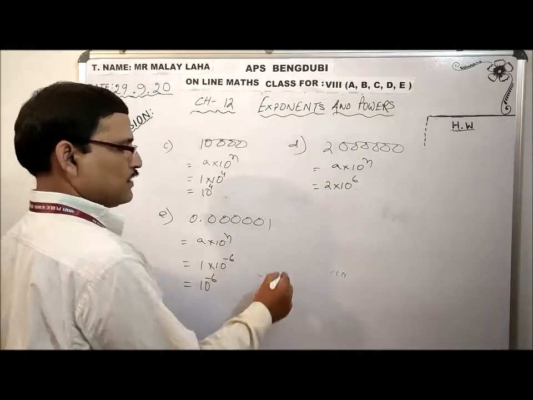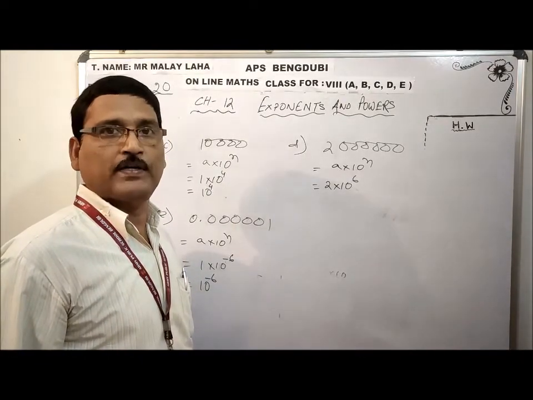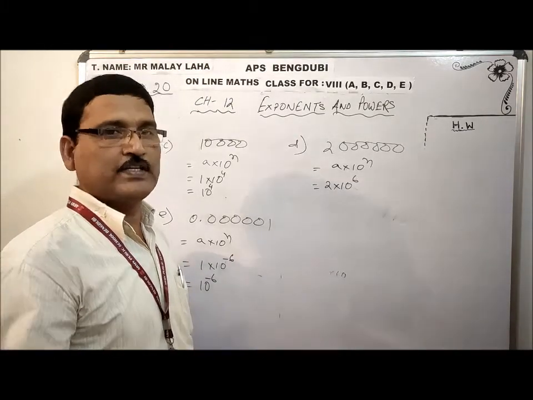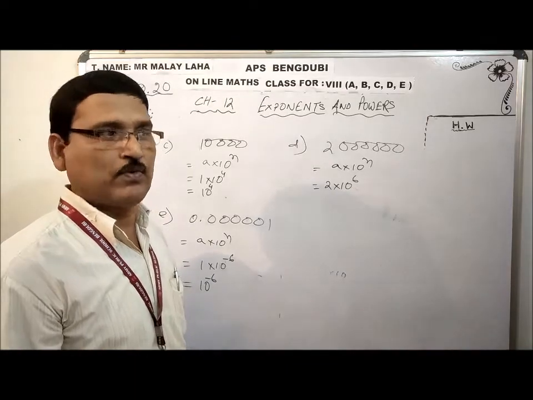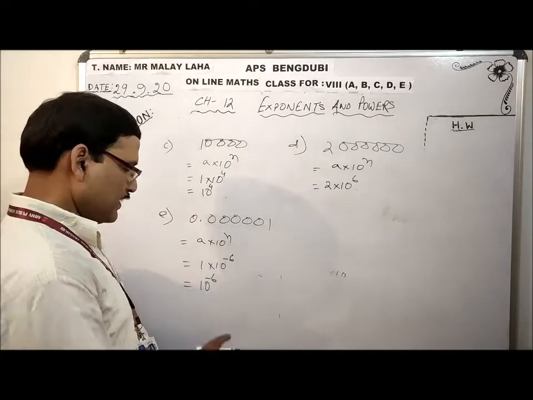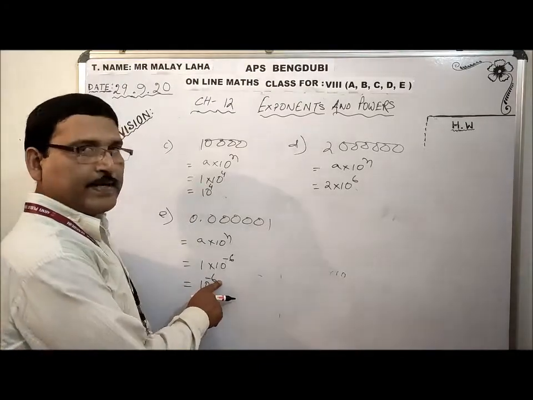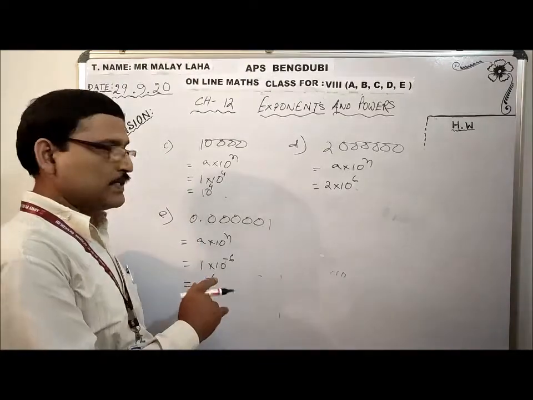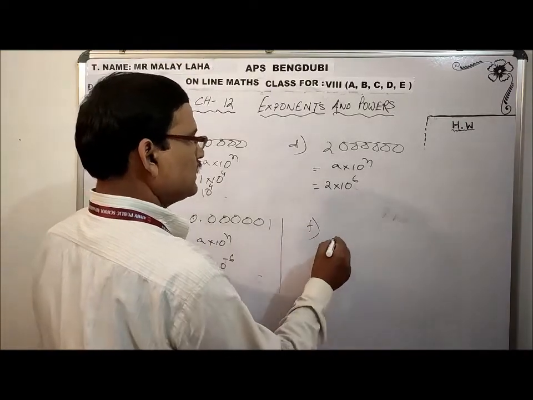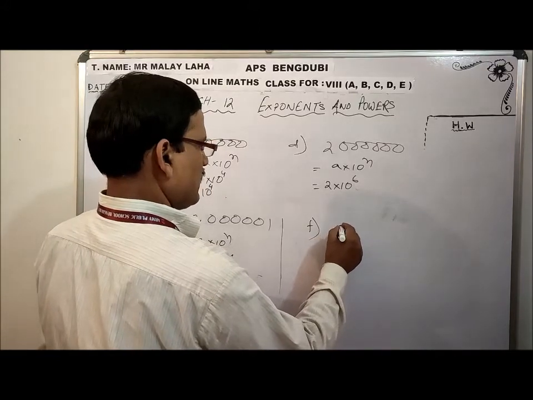Clear? Now some few examples are there in your textbook at the end, so definitely you will cover them. I will give you a number, and you either show it in standard form or exponential form. This part, taken together, is called the exponent. The exponent has two parts, that is, base 10 and power minus 6. That's why it is exponential form. Now here, f, say I can give you.